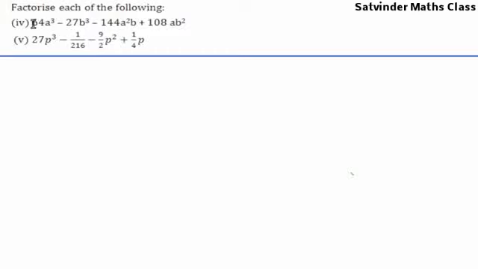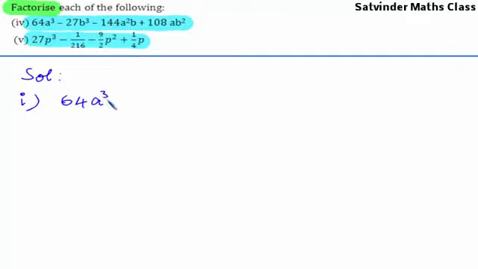In this question, you are given two polynomials and you need to factorize each of them. Let us take the first polynomial, which is 64a cube minus 27b cube minus 144a square b plus